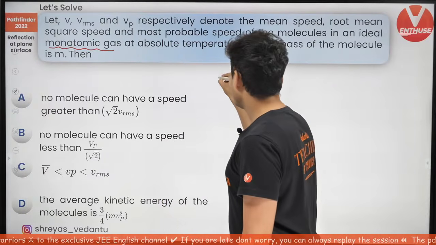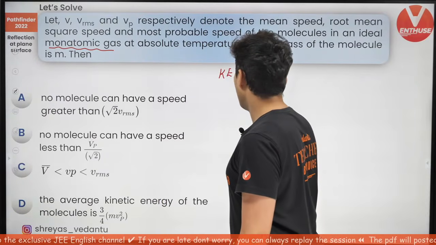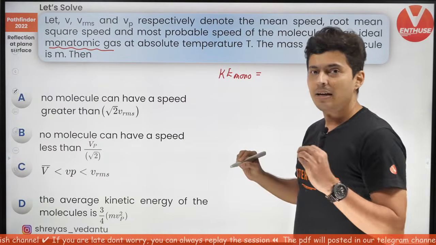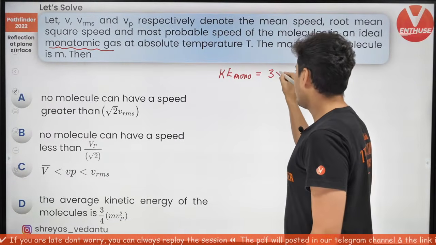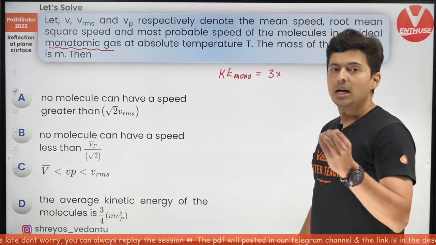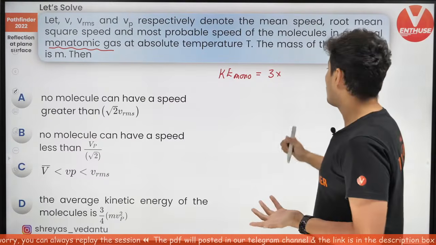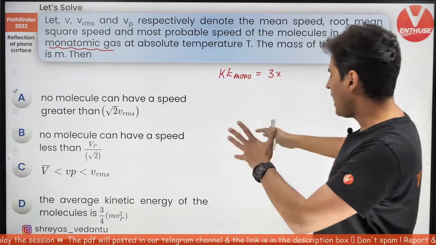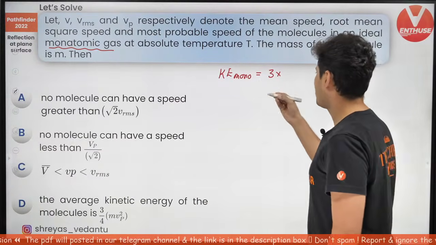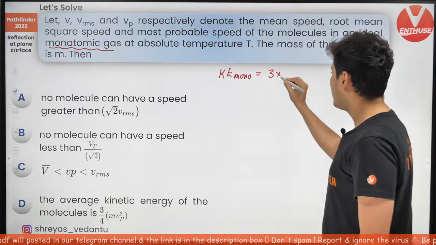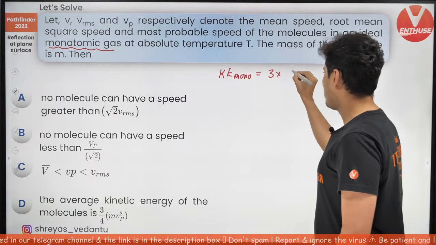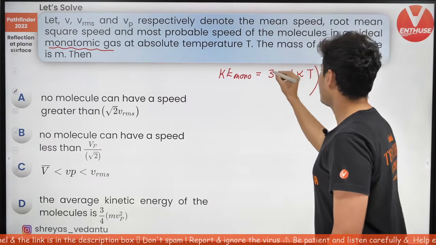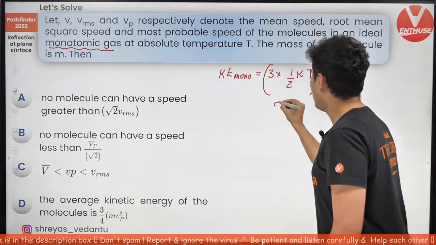So, for the kinetic energy of that monoatomic gas, remember there are 3 degrees of freedom. So, 3 into, basically, you just have to use NCVT. Just use NCVT. I think you will get the answer and you can just rearrange it. But anyways, let's just try this out. So, this will be 3 into, these are the degrees of freedom, half into K into T. This is the energy of a molecule,